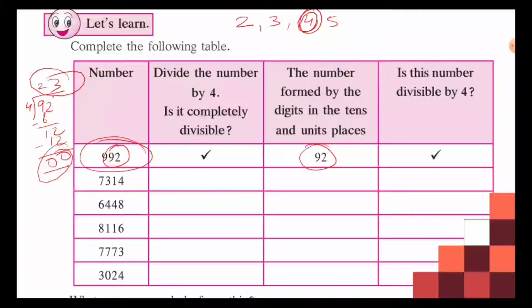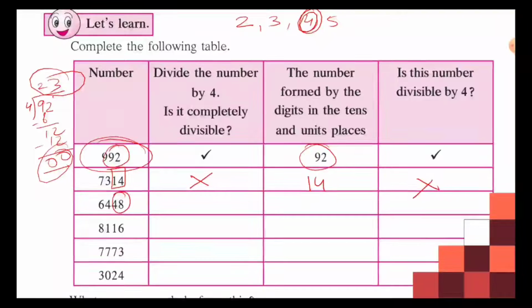Okay, now next, last का 4 number is what, 14. So we have to check that is 14 divisible by 4. So we know that 14 isn't coming in 4's table because 4 3 is 12 and 4 4 is 16. So 14 isn't coming in the table. Okay, so 14 isn't coming, so 7314 also will be not divisible by 4.